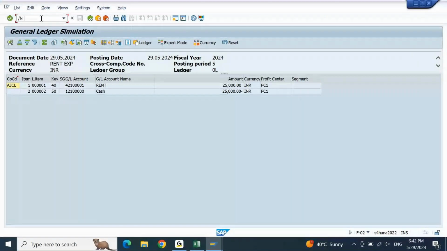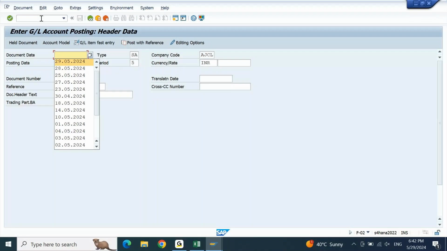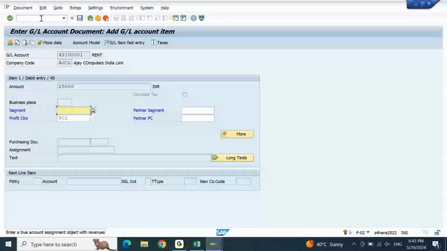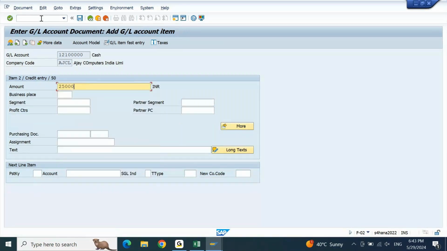I'll open the T code once again, F-02, rent expense. Now if you remember, we are treating this rent expense as a revenue cost element, because when you give this as a primary cost element, system gives an error message asking you to provide the cost object. When you give cost element category 11 with the profit center, you are able to move, meaning a profit center is also treated as a cost object. 25,000, same profit center,